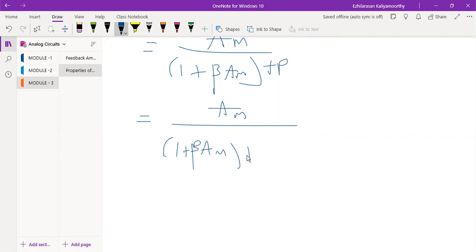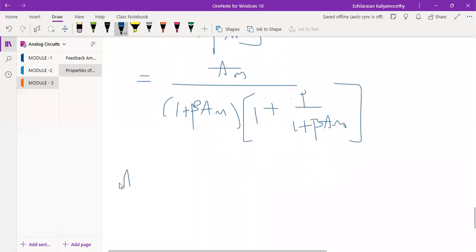Let me take the common term 1 plus beta AM completely as common. So this will become 1 plus P divided by 1 plus beta AM. I took 1 plus beta AM as common and took it outside. Then we get AF of S is nothing but